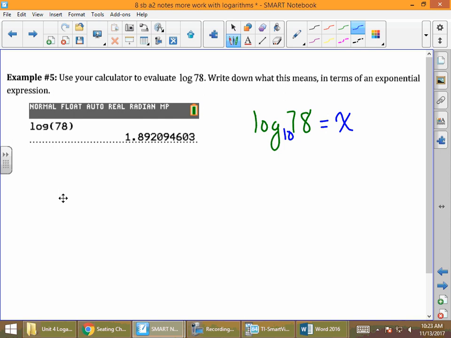So if we convert this from a logarithmic form to exponential, it becomes 10 to the x equals 78. And what we just found out is 10 to what exponent gives us 78? Well, it's going to be x equals